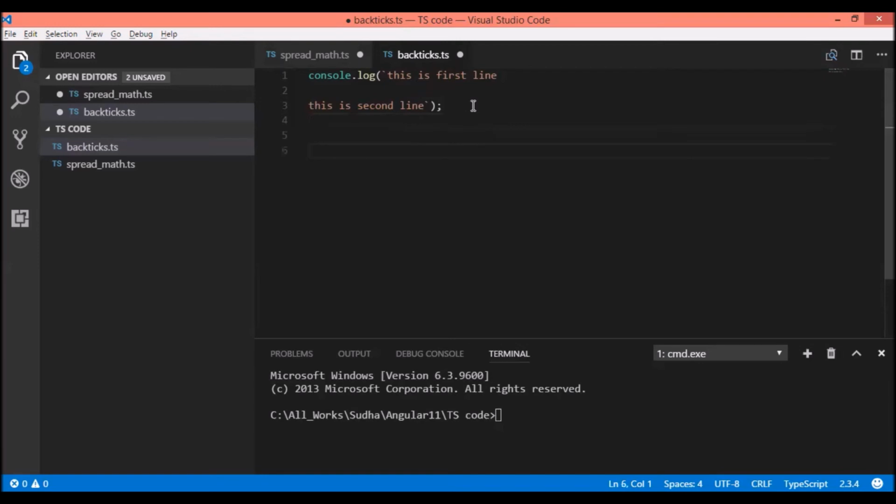Now we'll see how we can use this backtick for string interpolation. In string interpolation, the variable is replaced by the value which we have passed. So let's see how we can do it.